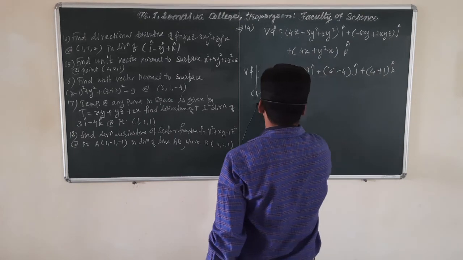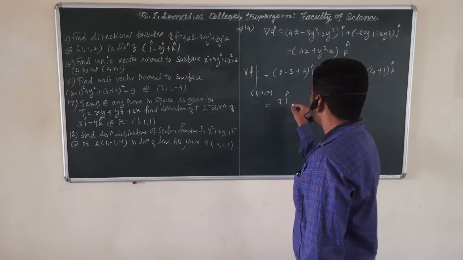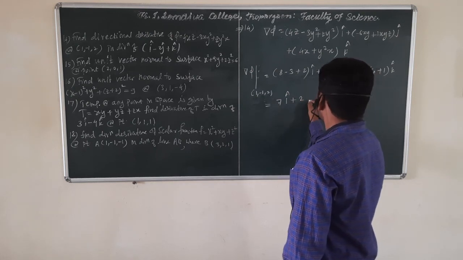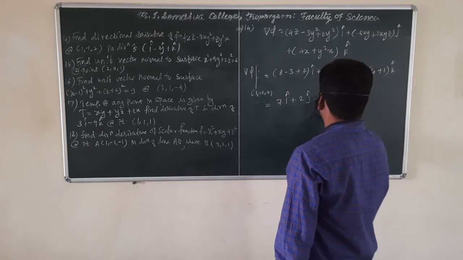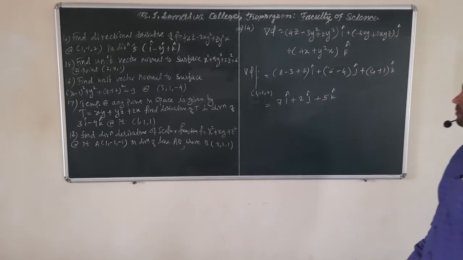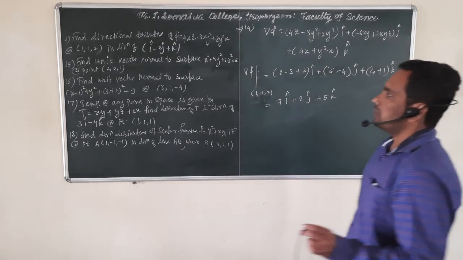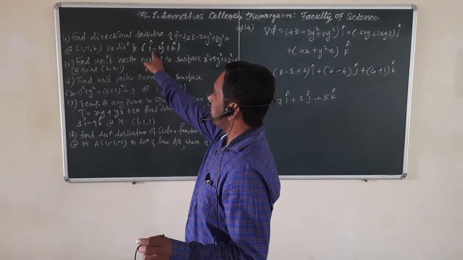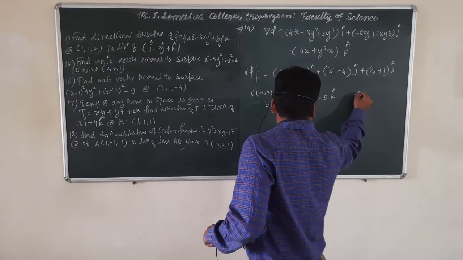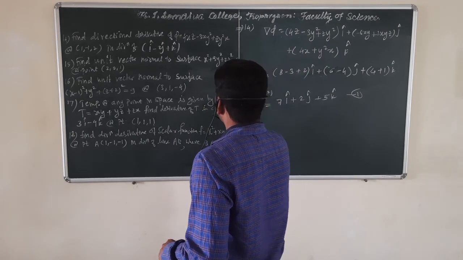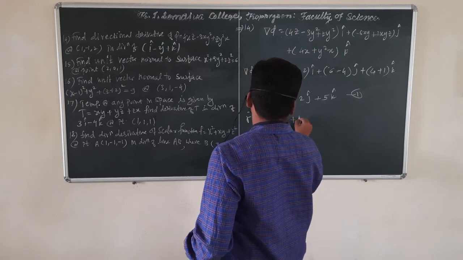So this is equal to 10 minus 3, which is 7 i cap, 6 minus 4, which is 2 j cap, and 4 plus 1, which is 5 k cap. So 7i plus 2j plus 5k is the gradient of phi at (1, -1, 2). Now we have to find the gradient of phi in the direction of this vector. Let us call this equation 1, and the given vector r is equal to i minus 2j plus k.